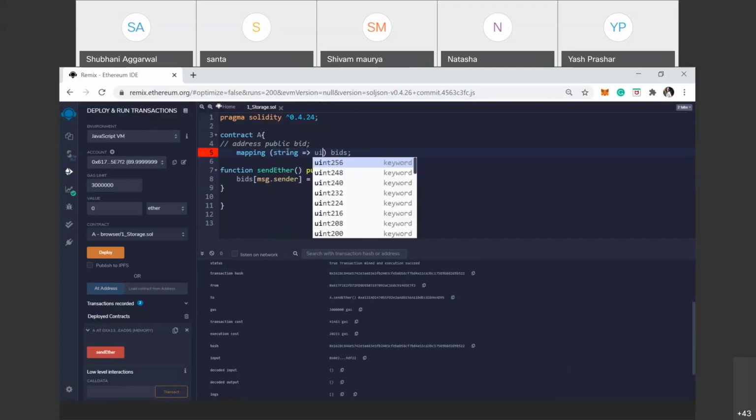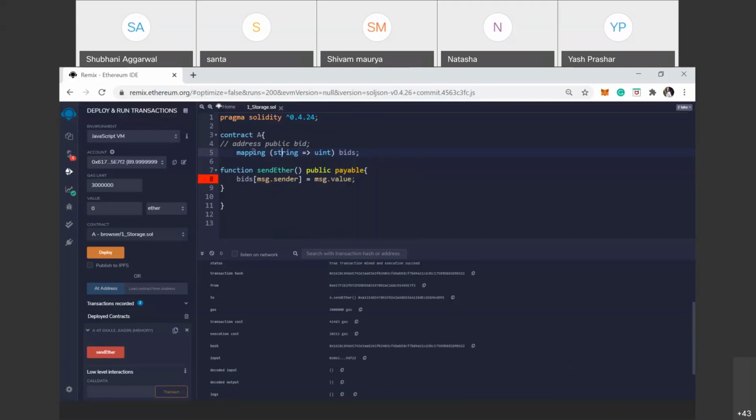It is not only that address is converted into uint. We can change from one data type to another.